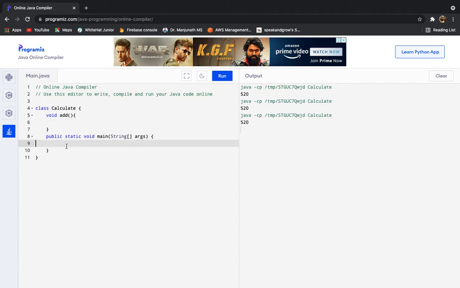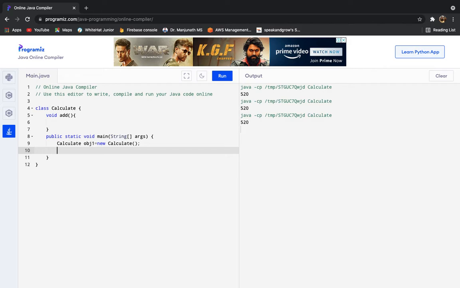Now to use these functions, what do I need to do? I simply need to create an object. I hope by now you are able to understand what an object is and how to create it.